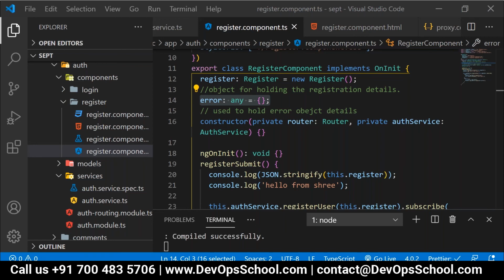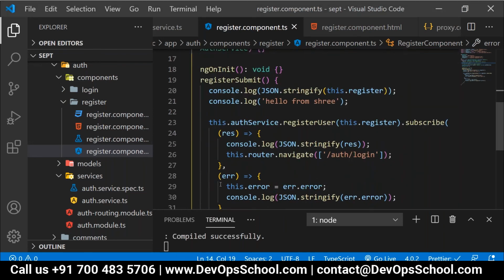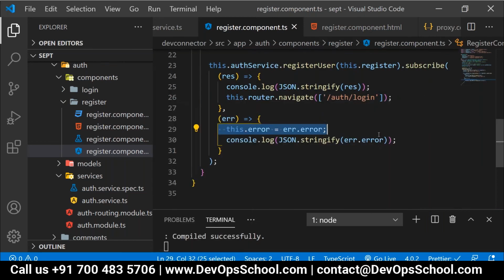Yes, everyone, is it done? Have you added this error object and this adjustment that you have to do?